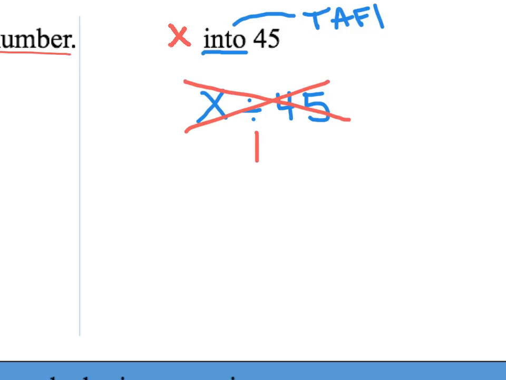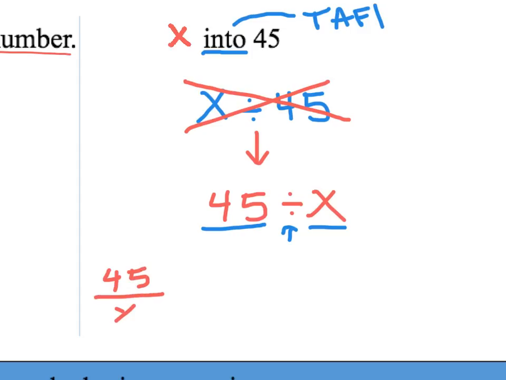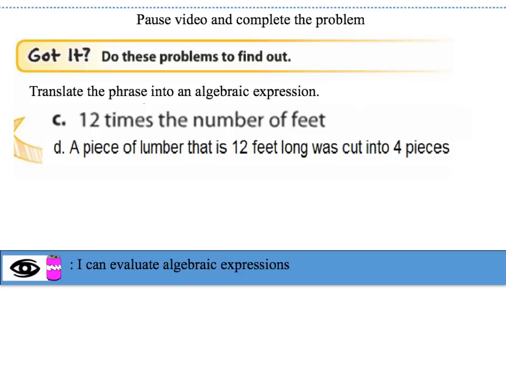We're going to have to flip it, which means 45 should come first, divided by x. That's an algebraic expression because it has a number, an operation sign, and a variable. We can also write it like this. 45 divided by x. So go ahead and pause this video and complete the got it problems, and we'll discuss